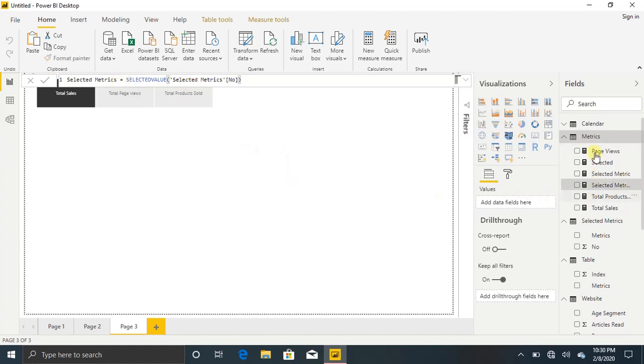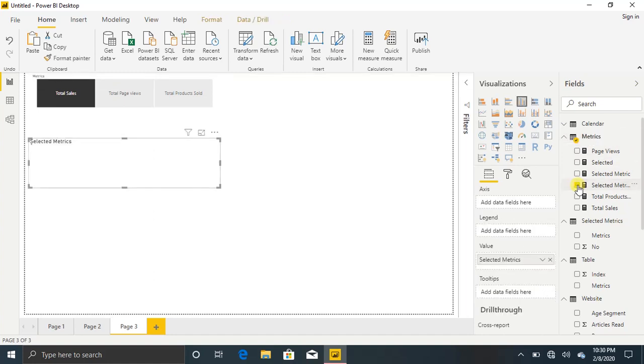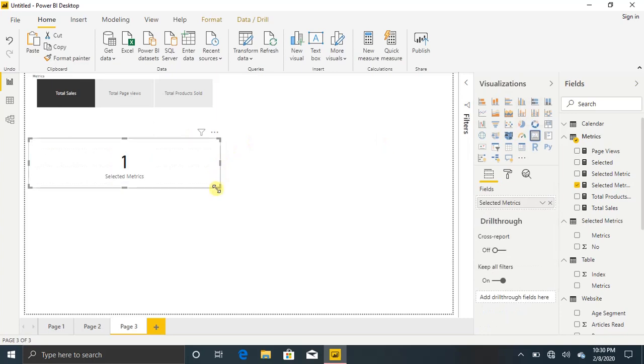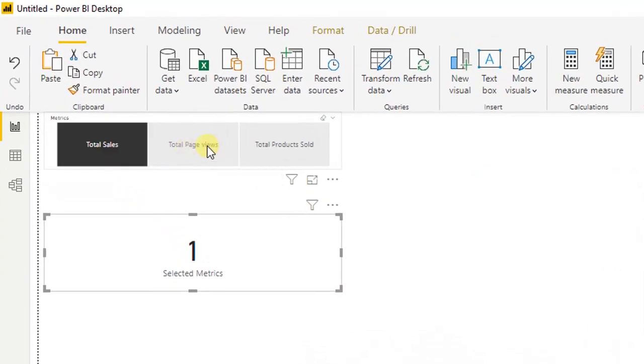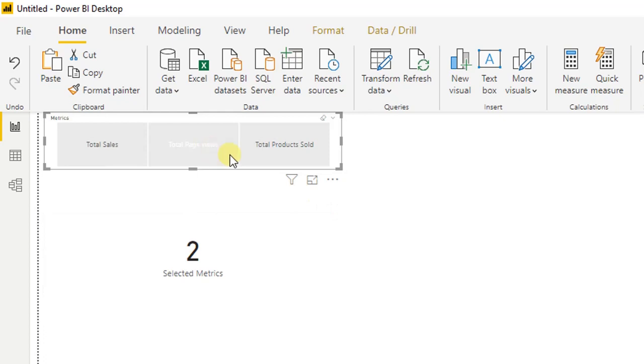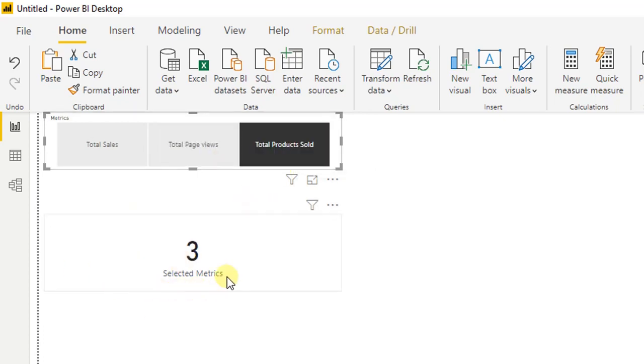So now if I go back to my metrics table, I have it here. I'll just select this and then convert it into a card. So now it's showing me 1 because I have selected total sales. If I pick the total page views, it will show me 2. If I pick the total product sold, it will show me 3. So we are going to use this number in another measure